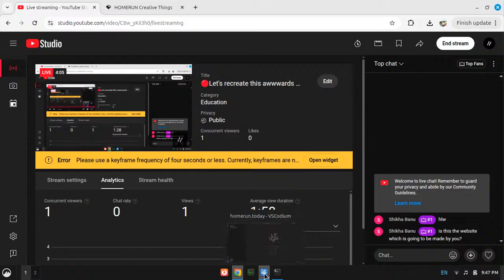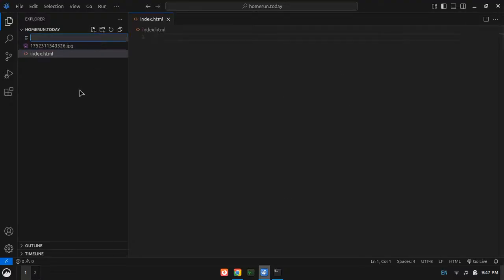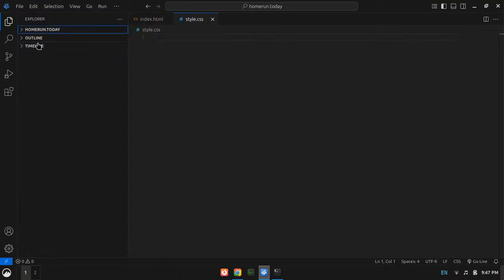Here I have everything set up, and I have a folder named homerun.today. Let's create our files: index.html, then style.css, and finally script.js.